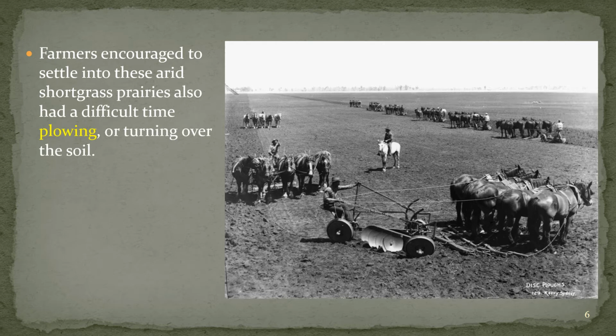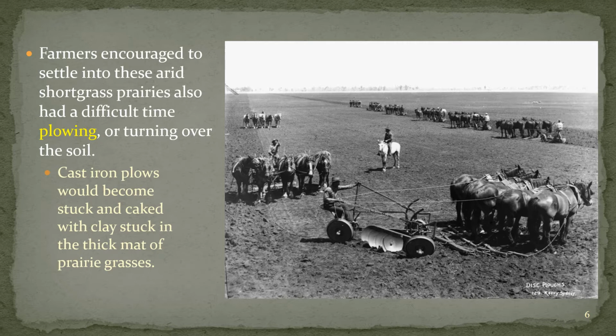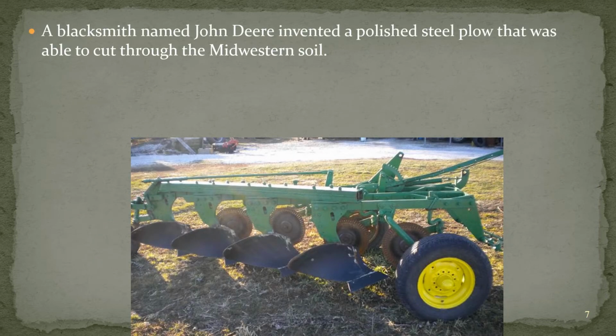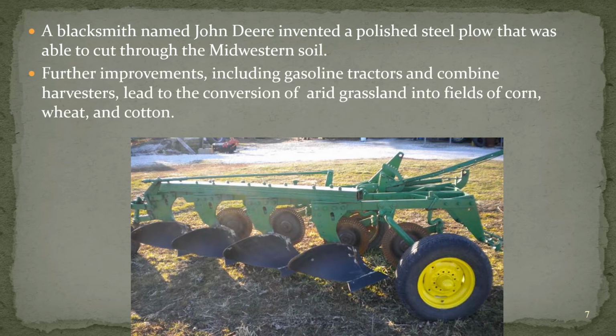Farmers were encouraged to settle into these arid shortgrass prairies, but they had a really difficult time plowing and turning over the soil in them. Cast iron plows would become stuck and caked with clay, stuck in the thick mat of the prairie grasses. A blacksmith named John Deere invented a polished steel plow that was able to cut through the Midwestern soil, and